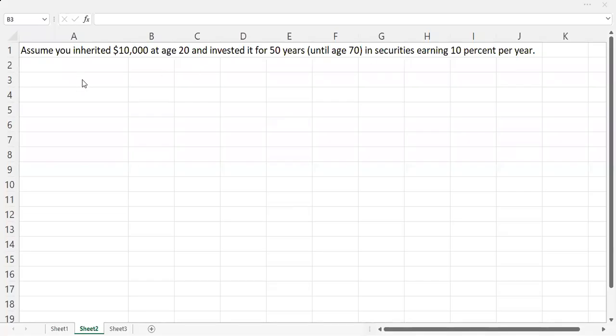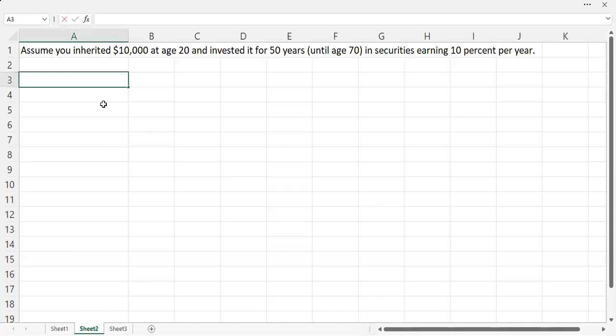So in this question, we're trying to figure out the future value. The question is, you inherited $10,000 at age 20 and invested this for 50 years until age 70, earning 10% per year. So to calculate that using your spreadsheet,